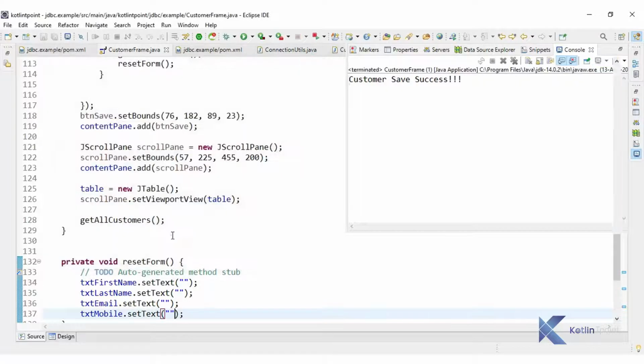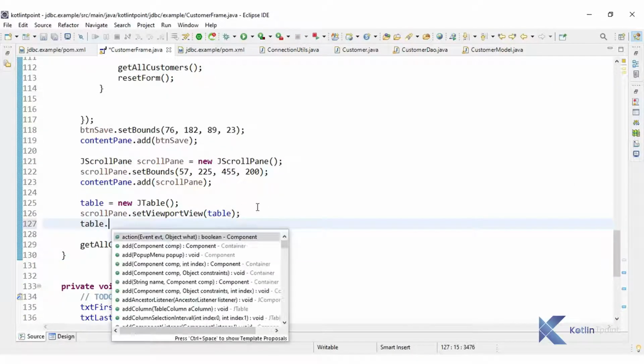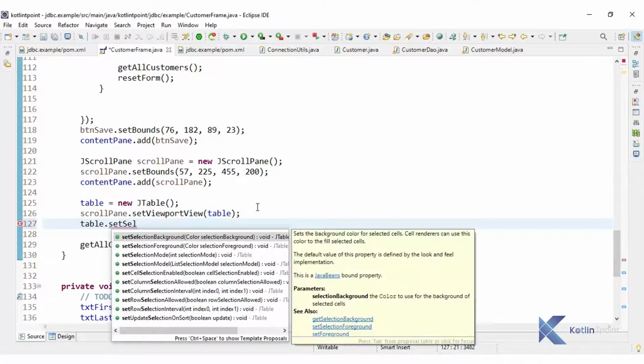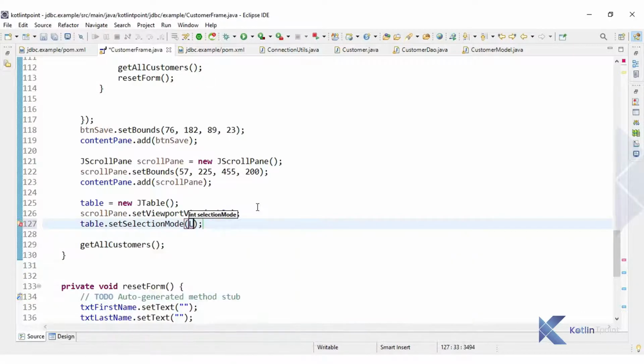For that you can write here table dot set selection mode, and set selection mode single selection, right?